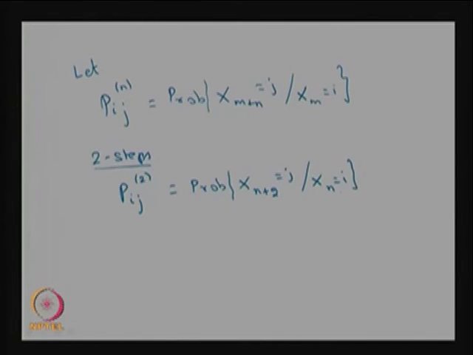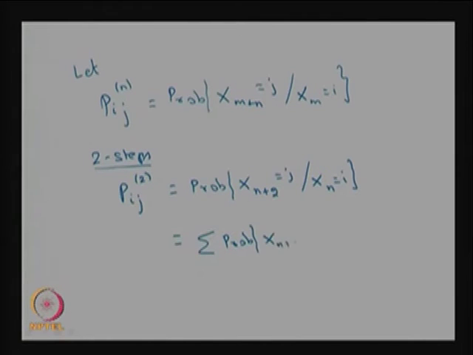This is true for all n because the DTMC is time homogeneous. So, this 2-step transition probability of the system moving from the state i to the state j in 2 steps, you can write as